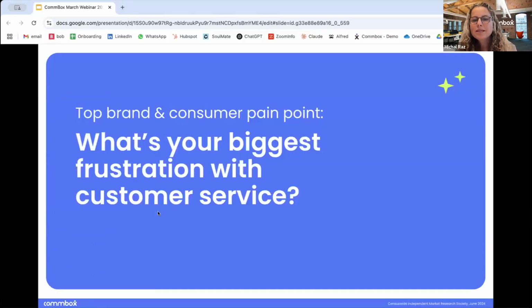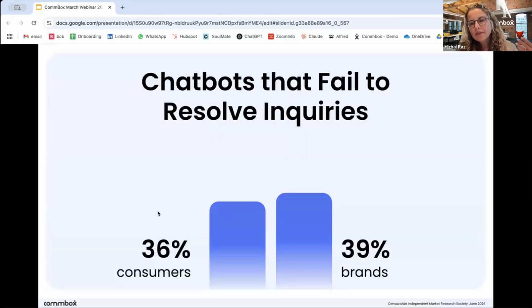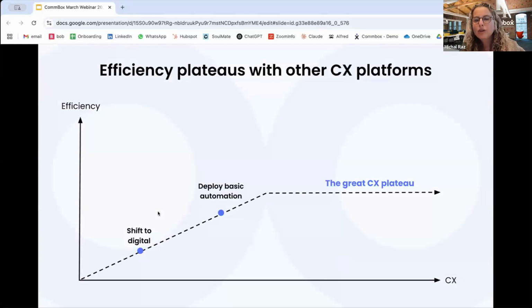If we look at the biggest frustration until now with customer service, there's been a hype around chatbots and then it deteriorated. Part of the reason it deteriorated is that people don't see the efficiency that it promised. If at the end of the day, all I can do is collect some data and hand it over to a call center agent, I didn't really do what I was set to do. In a survey that was done, over 36% of consumers find bots to be ineffective, and 39% of the brands the same. So what that creates is basically